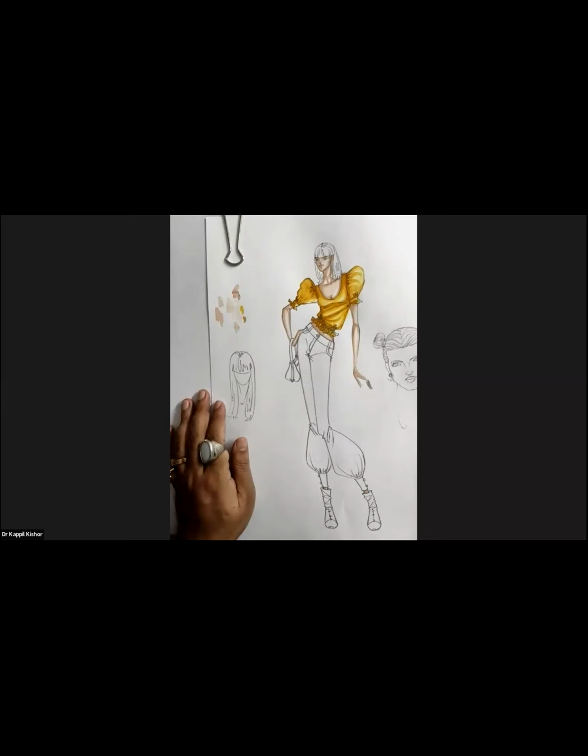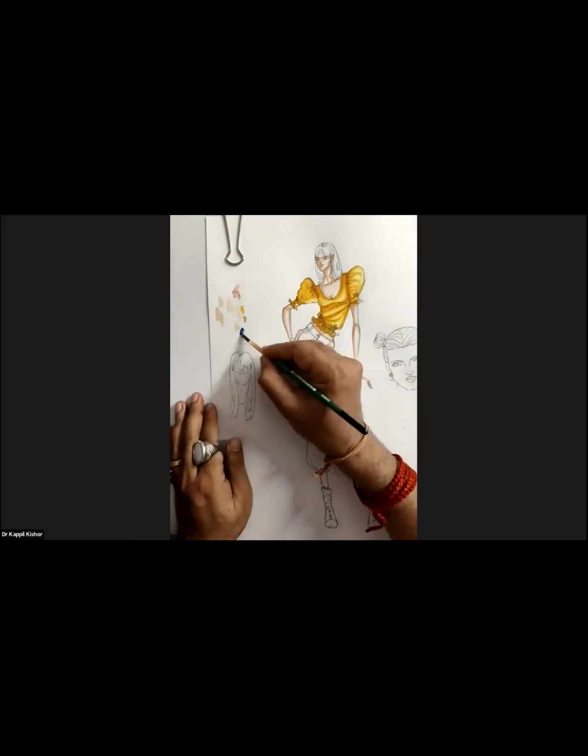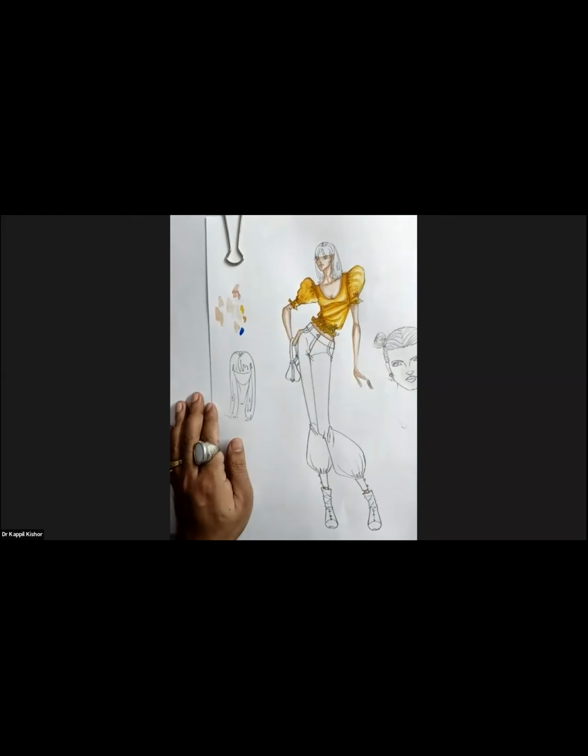Now take a blue color in your brush, check the color, whether the shade